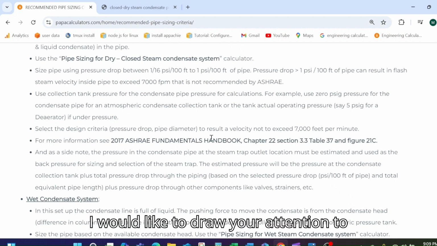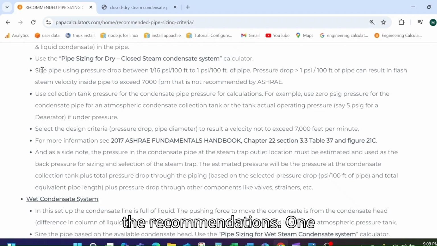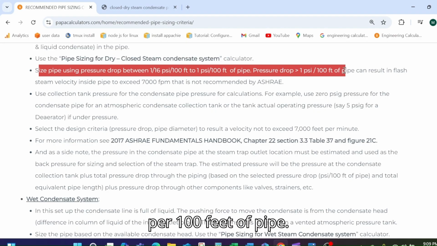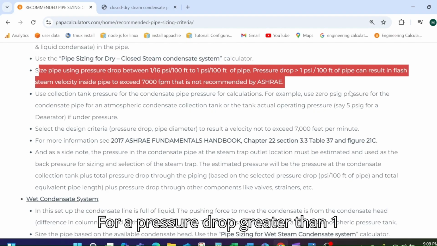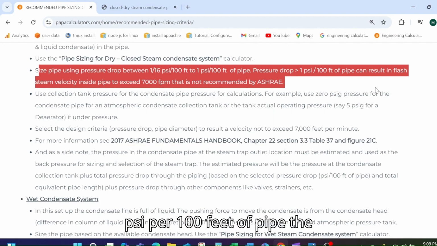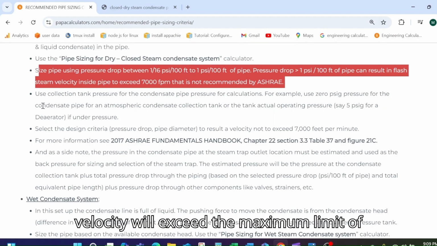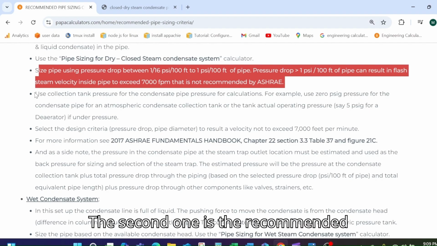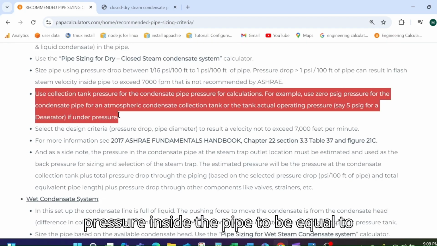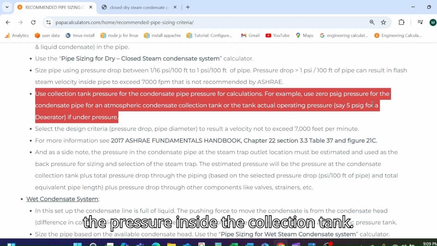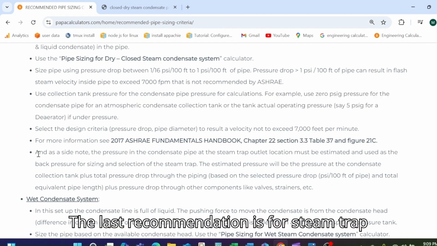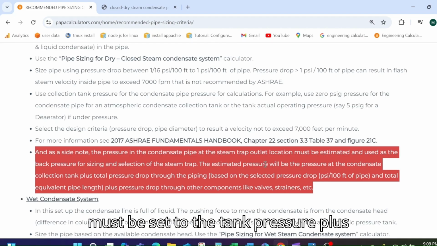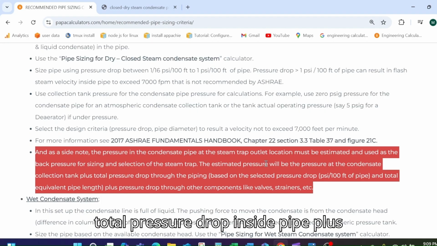I would like to draw your attention to the recommendations. 1 is the recommended pressure drop to be between 1/16 to 1 psi per 100 feet of pipe. For a pressure drop greater than 1 psi per 100 feet of pipe, the velocity will exceed the maximum limit of 7,000 feet per minute. The second one is the recommended pressure inside the pipe to be equal to the pressure inside the collection tank. The last recommendation is for steam trap sizing. The trap back pressure must be set to the tank pressure plus total pressure drop inside pipe, plus pressure drop